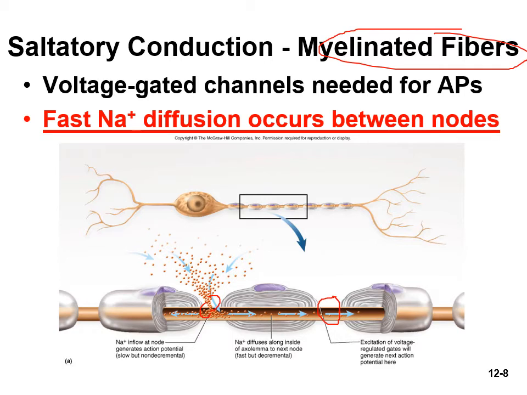So here on our illustration, it says a sodium influx at the node will generate an action potential. So you're properly exciting the membrane. The sodium will diffuse along the inside of the axon to the next node. And when it's doing that, it's starting to lose its signal a little bit, but not to worry because